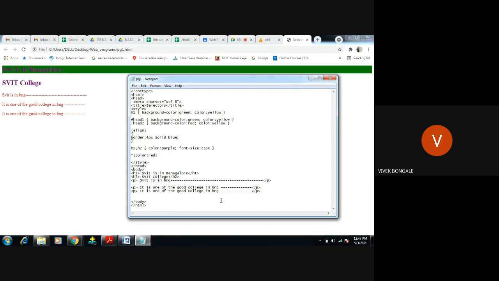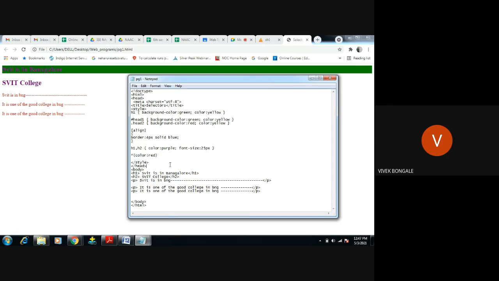It's one of the good colleges, right? Whatever is there, it's displaying in red color. Means the paragraph, because for h1, h2 we applied the group. For these two, we applied the group. What it indicates is that for the statements for which we have applied other selectors, this universal selector will not disturb that particular tag.